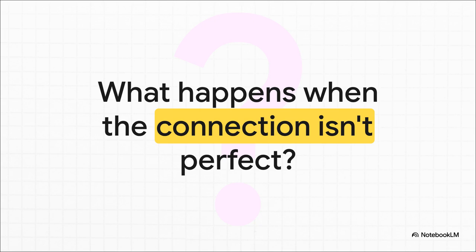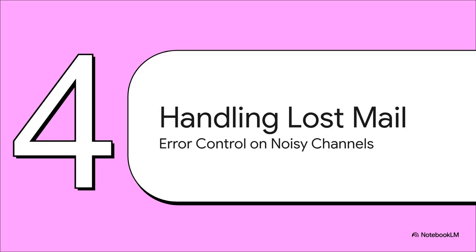This perfect world is great for learning the basics, but it doesn't actually exist. The real internet is a noisy, chaotic, messy place. What happens when our digital mail gets lost in transit or shows up all garbled? This is where we need something called error control. These are the protocols that were built for the real world, a world where you are guaranteed that things are